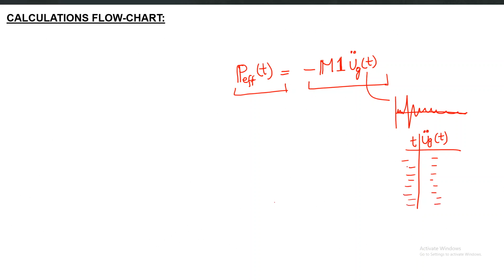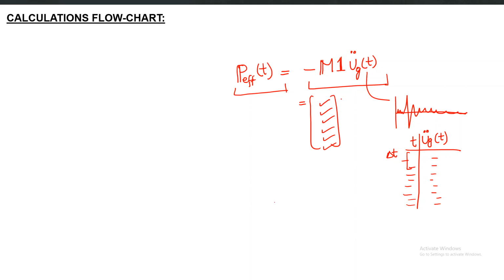So delta t will already be fixed or governed by the numerical definition of the ground acceleration, and you can multiply that with minus mass matrix into 1 to come up with a vector where each entry is a time function. That vector will be the applied force vector.